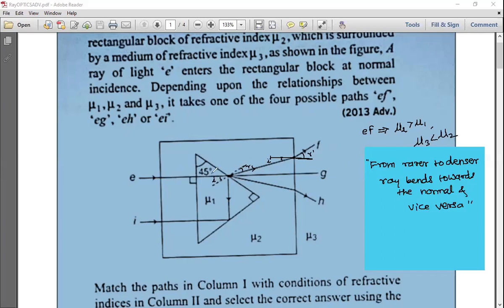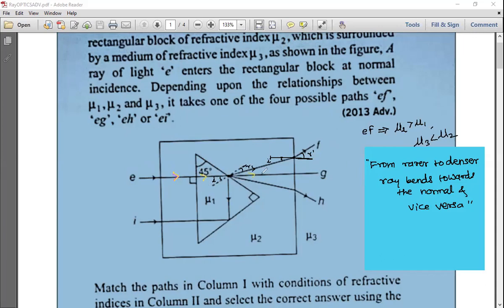You see now this E to G, the ray is going now. How is this ray going? I'm changing the color. I'm taking pink color now. Can you see the pink color? Or else shall I take this? I think this one, no, yellow. Is it okay? I think this is more visible.